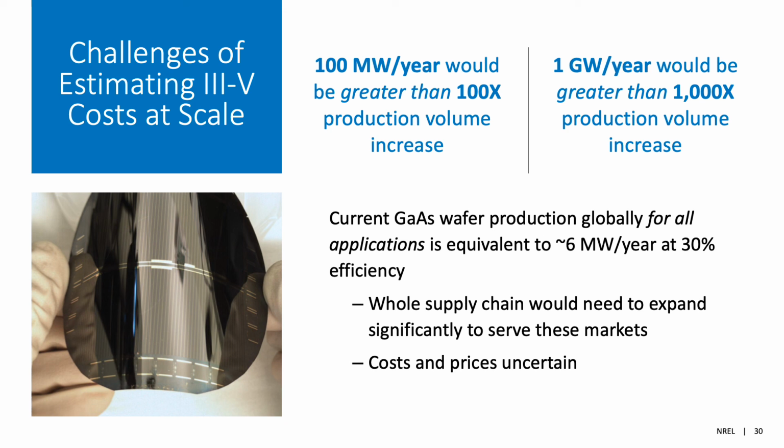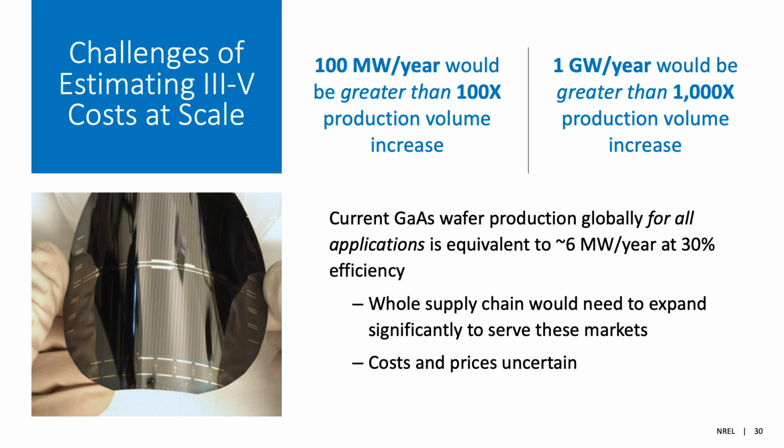So going to 100 megawatts a year would be greater than a 100x increase in production volume, and a gigawatt per year would be greater than a 1,000x increase in production volume. So there are a lot of assumptions and guesses that we have to make in understanding how these costs could scale. And just to give you one example of that, the current global production for gallium arsenide wafers